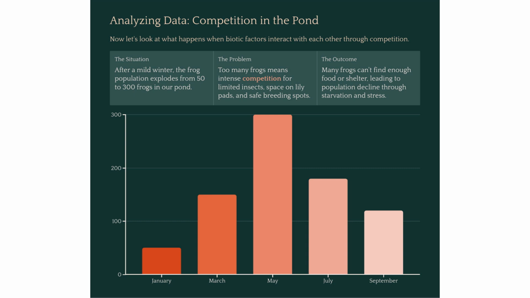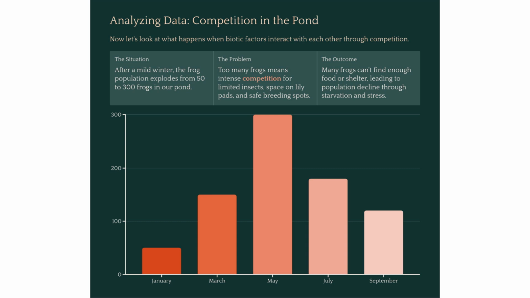What if our data showed that the frog population suddenly exploded, with lots of new baby frogs? We might then see a sharp decrease in the number of insects in the pond. We can explain that the frogs are now competing for a limited food source. This competition for food and space can ultimately cause the frog population to stabilize or even fall again once the